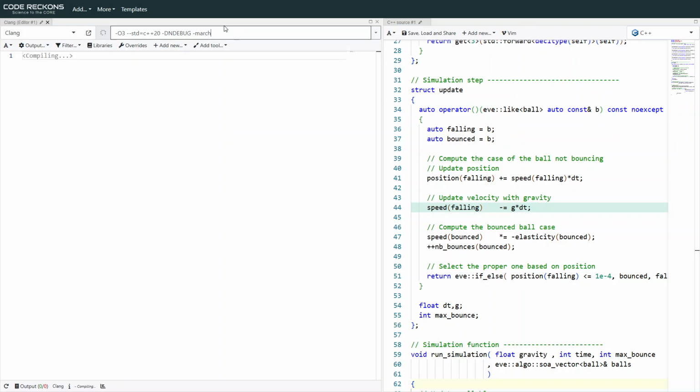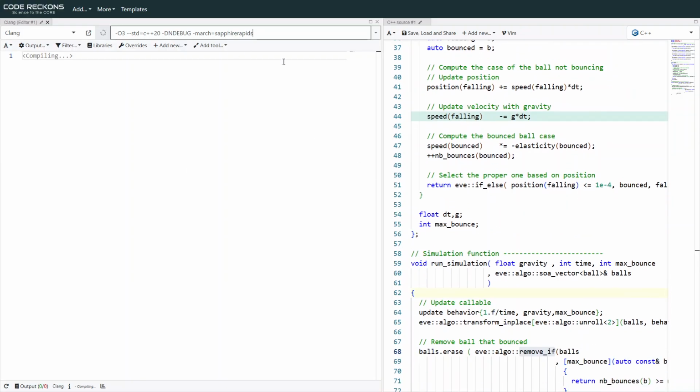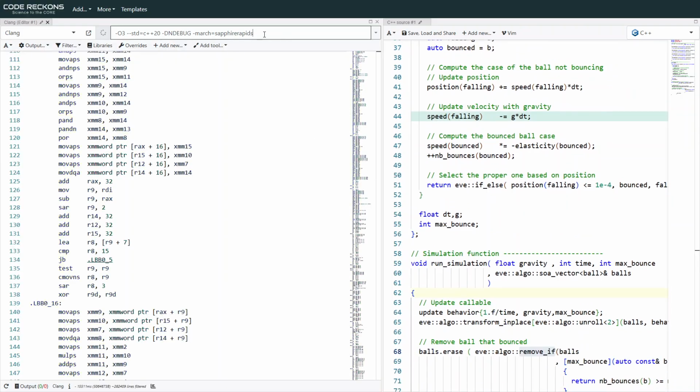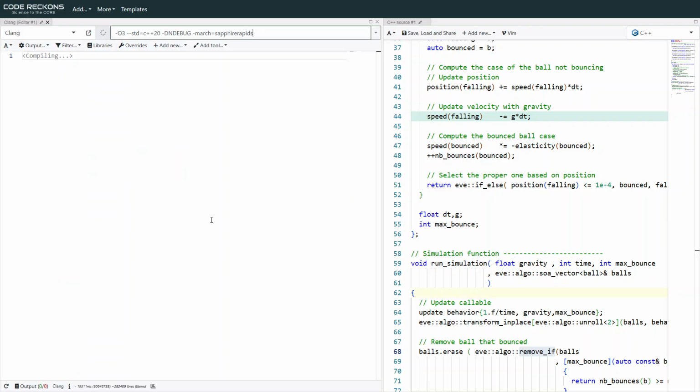Yeah. So let's see what happens if we go like Sapphire Rapids or whatever. Some big AVX512 architectures with a proper number of P. That's probably that. So I don't touch the math. I don't touch anything there. I'm just changing the compilation option, and I get a new